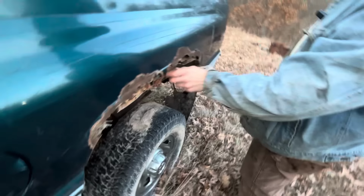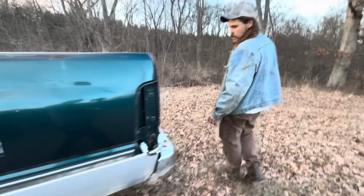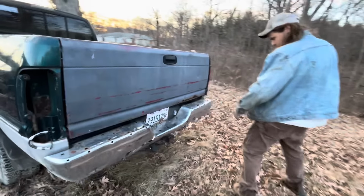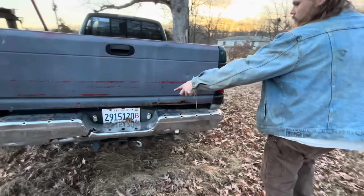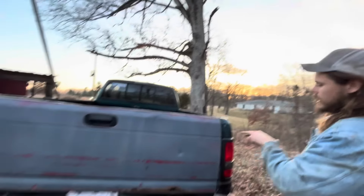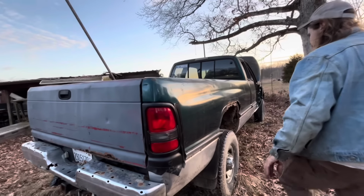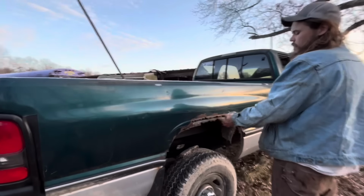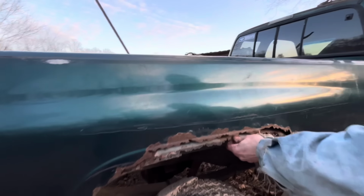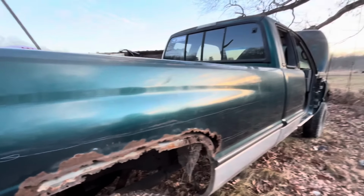You want to hear something crazy? I remember when this truck got its very first rust spot. It wasn't on this side. I don't know where the hell the taillight went. That's how long it's been off the road. You can turn to 21. I don't know where that taillight went, but I feel like I should have done what I did here to that one, and it'd still be there. This was the very first rust spot this truck ever got, right here. And from then on out, it's an Illinois Dodge